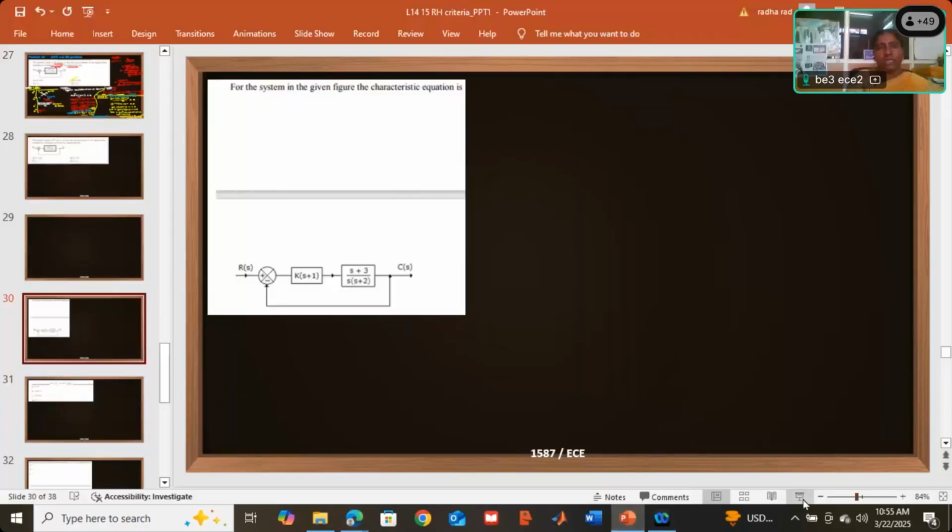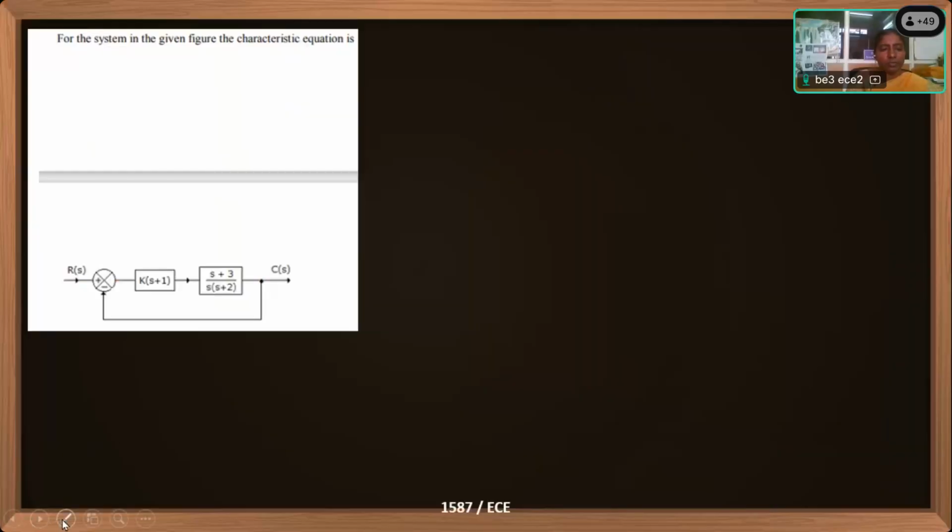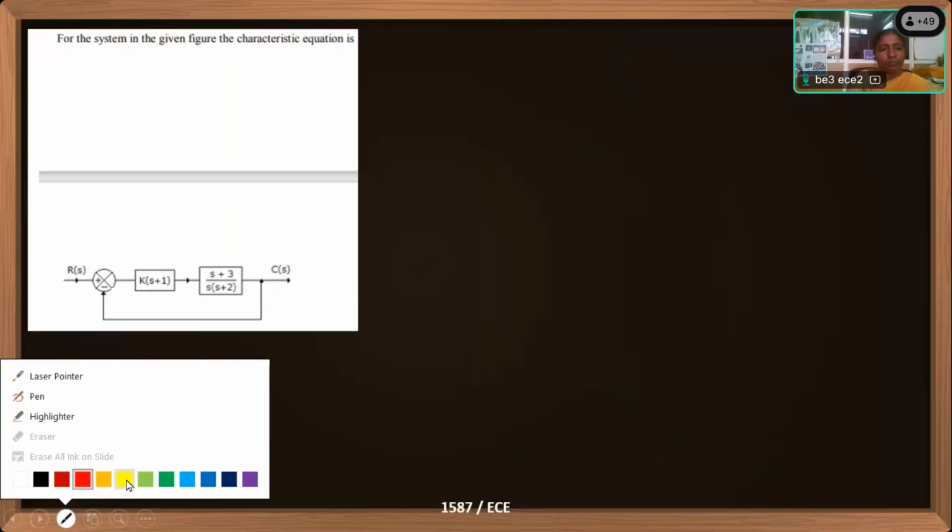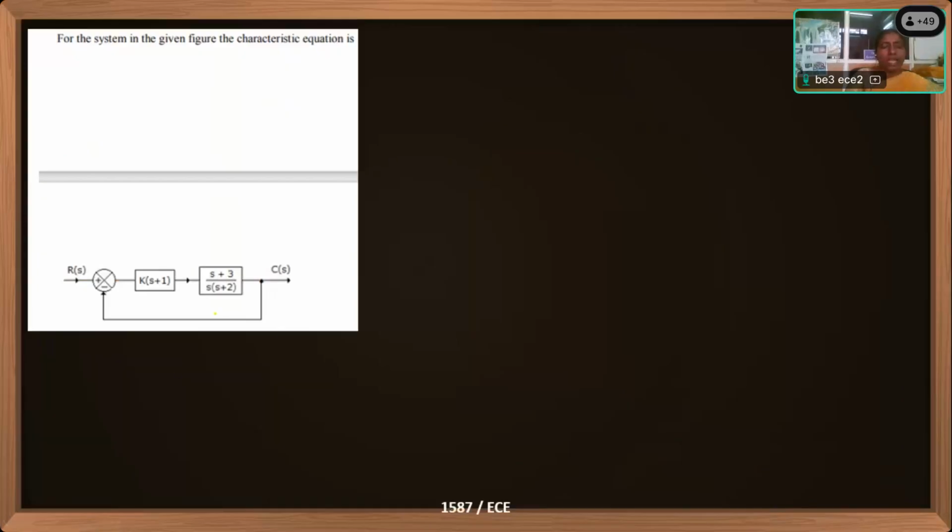Now this is my question, RH criteria. The diagram is given. G of S we have for the system, and we have to find the characteristic equation. This is G1 of S, this is G2 of S, and H of S equal to